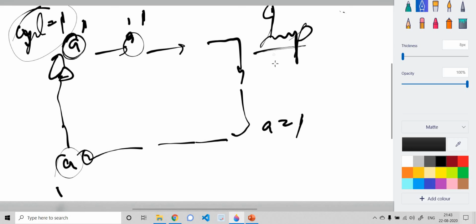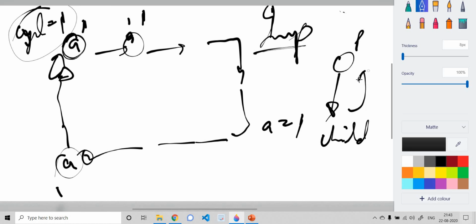to care about, that whenever we are doing a DFS traversal and we are going from the parent cell to the child cell, we should not go back to the parent again, because then it will end up in an infinite loop. So we must be checking that we shouldn't be moving to the parent cell.